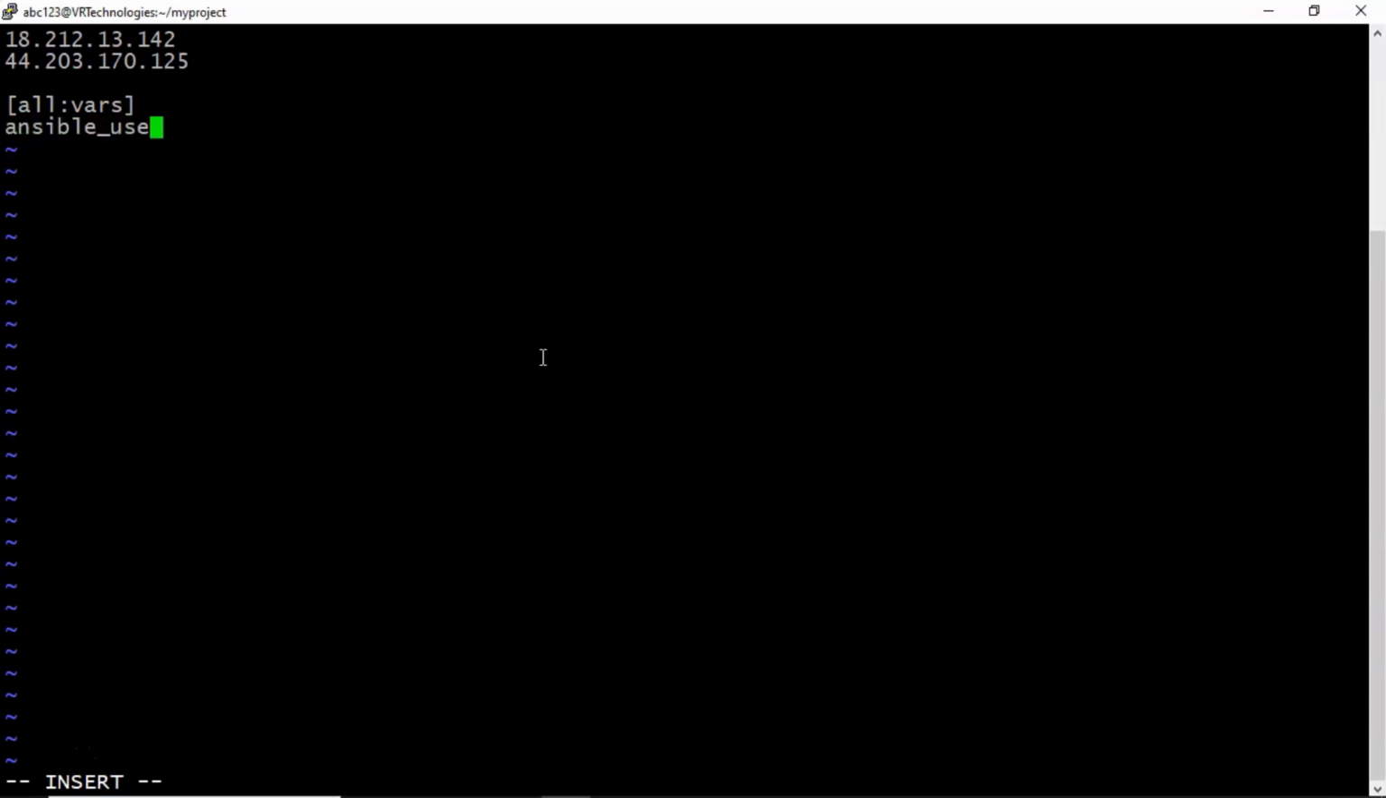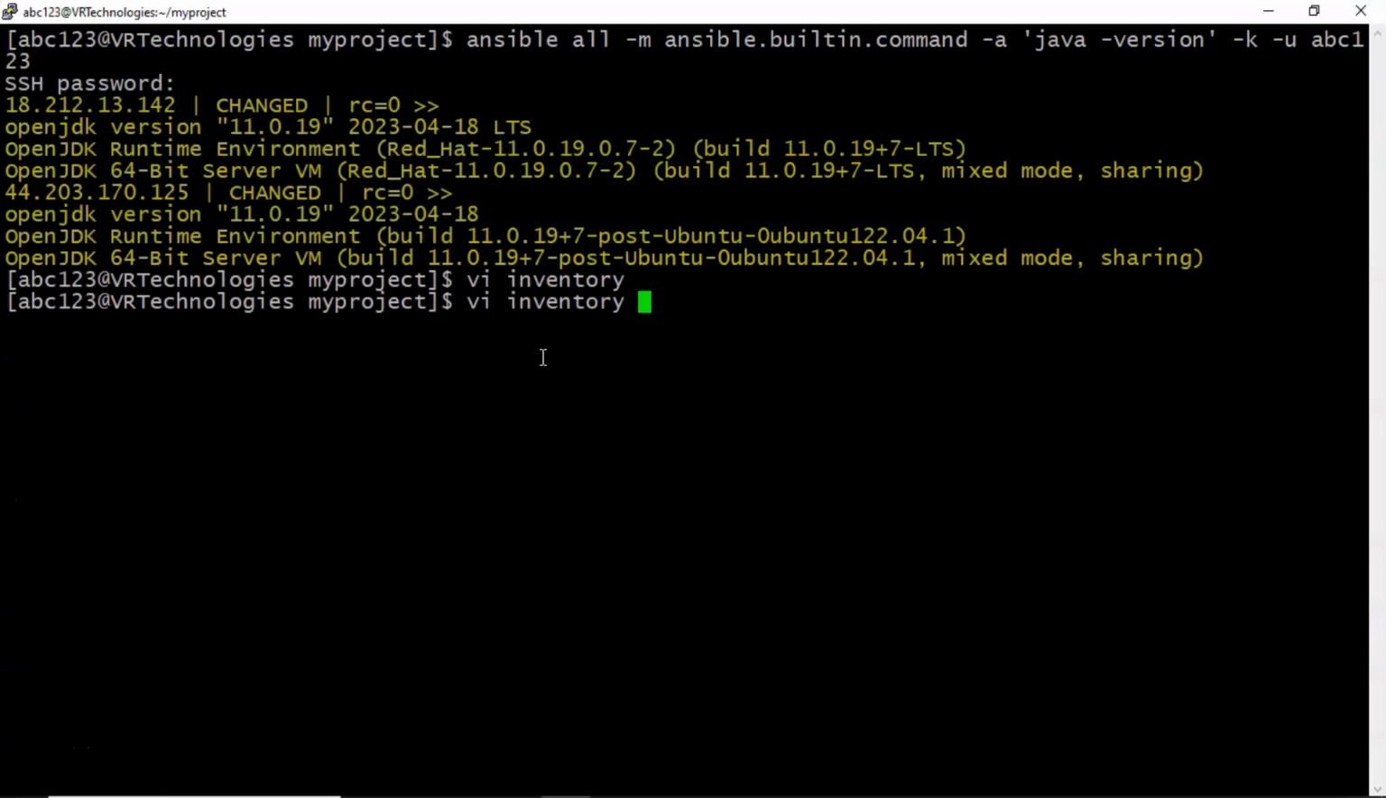Then ansible_user means what is the user you want to use to connect with your servers. Let's say in our case ABC123. And then what is the password for it? That is ansible_ssh_password. So I have taken the password also the same as the user ID. Now see, simply if you run your ping module without providing a username and also without giving the -k option to prompt for the password,